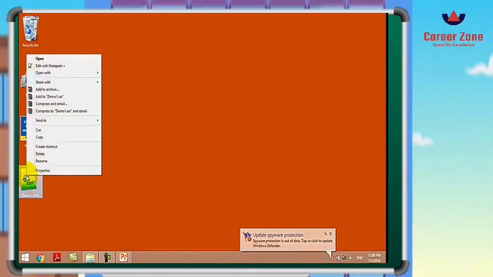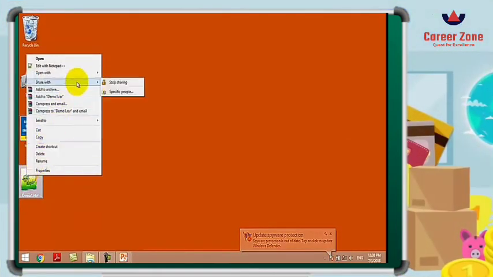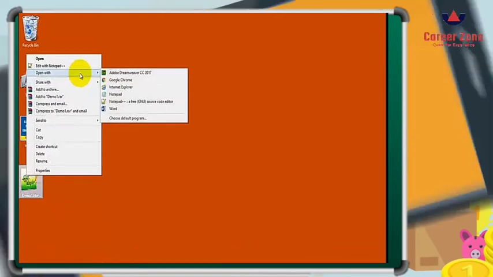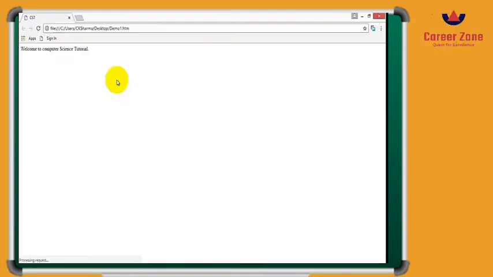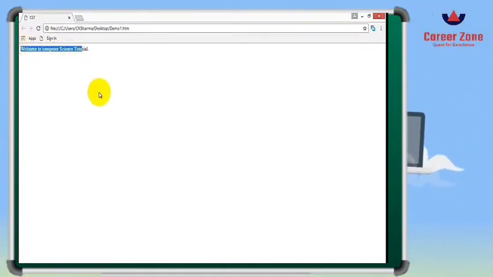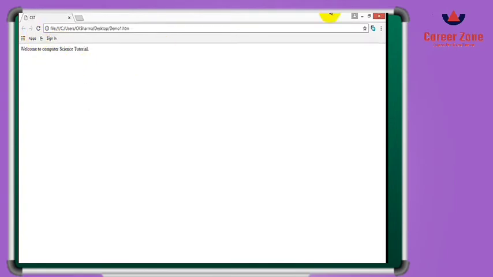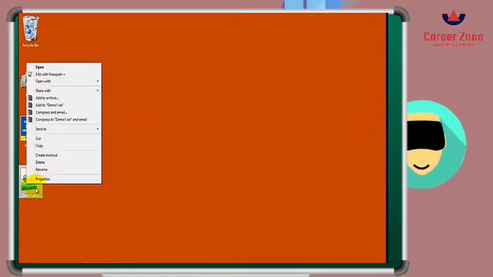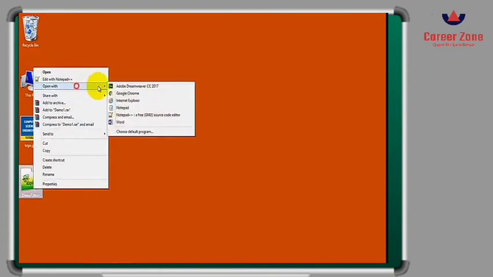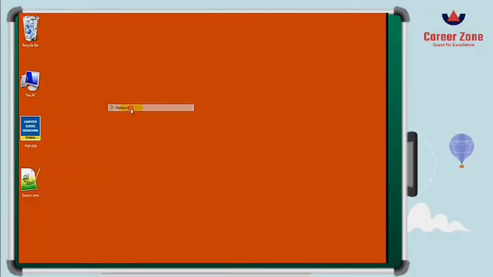Then we will run it with the browser which is present in our computer. So see how the output looks. The text which is written inside the body tag is present here, and CST is showing in the title bar. Now we will again open the file and let's make some changes and add the background color.